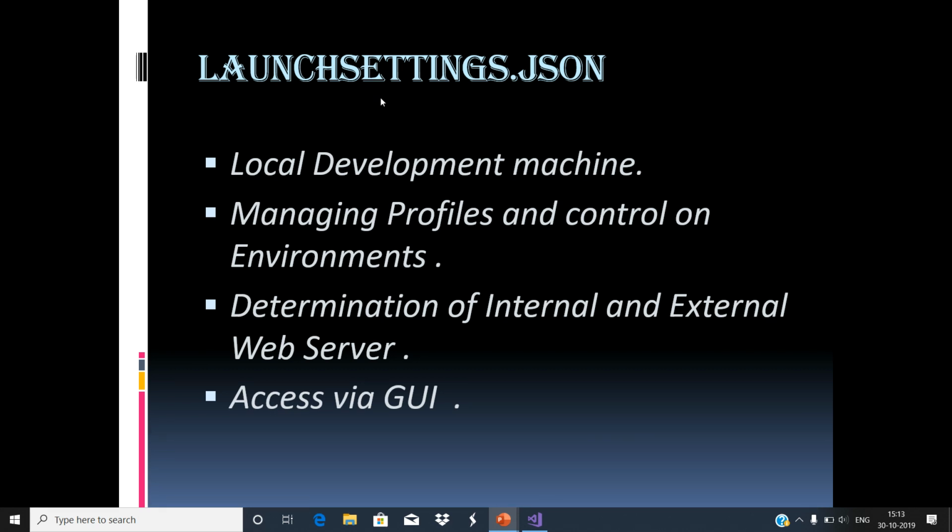The launch settings file organizes settings into profiles, with each profile triggered by the way that the application is started. Set the value of the environment variables through the settings in the application's LaunchSettings.json file. The commandName property of the LaunchSettings.json file helps in the determination of the internal and external web server. It can also be accessed